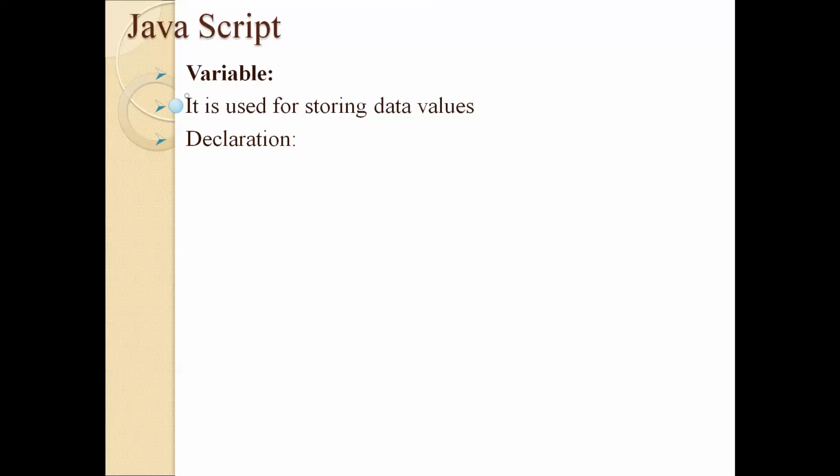In programming languages, there are two things: the declaration part and the initialization part. I will talk about the initialization part later. First, let us look at the declaration part. Declaration means we have to declare one name and one data type in previous programming languages. But in JavaScript,